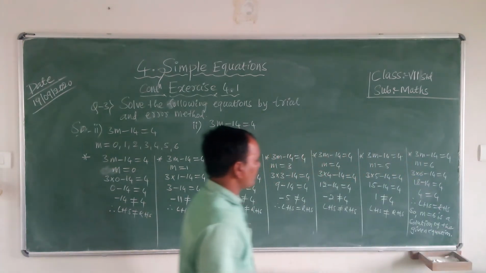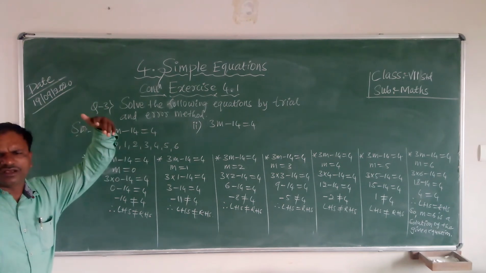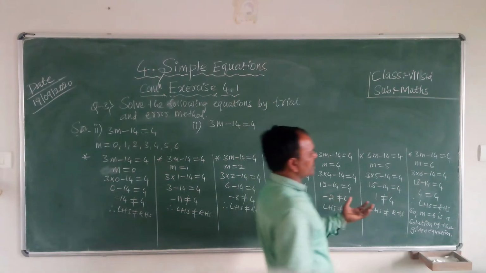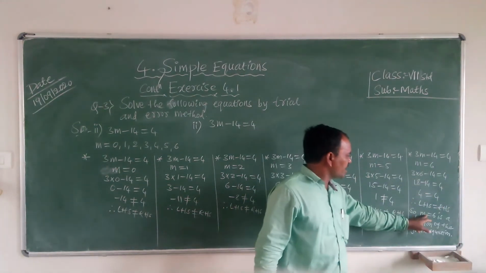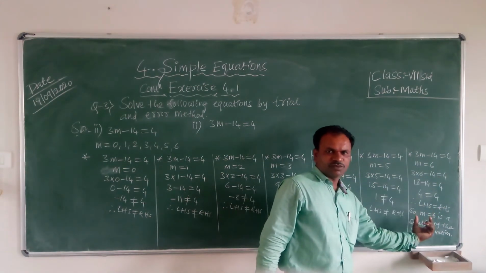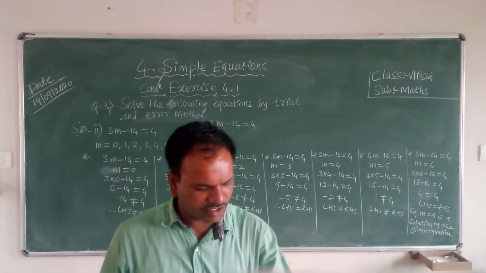Like this we have to find out by the trial and error method. First you take the values, however many you have to take, and put them in the given equation. Like this we do the trial and error method until LHS and RHS both are equal. Now stop. What you put is m is equal to 6. When you take m is equal to 6, you will get both equal. So like this you have to find out by the trial and error method, my dear students.